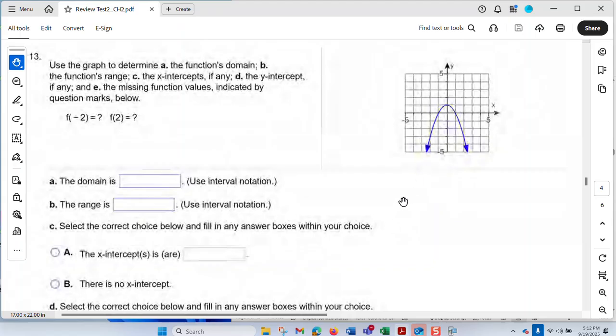All right, so domain is all the x values. So looks like that x can be anything, right? X can be all real numbers because this can go on and on. X can be all real numbers, but the y cannot. Y, this is your maximum, right? If you look at the y value here, this is your max. And what is the bottom one? Bottom one can go all the way to negative infinity. Okay, so if you look at this one here is 5. So my range here should be from